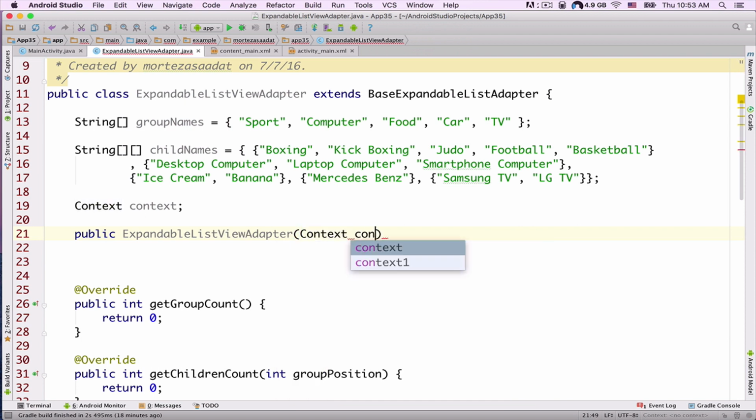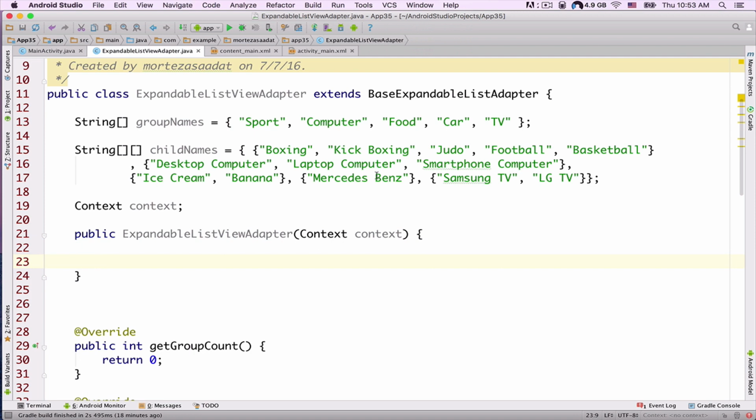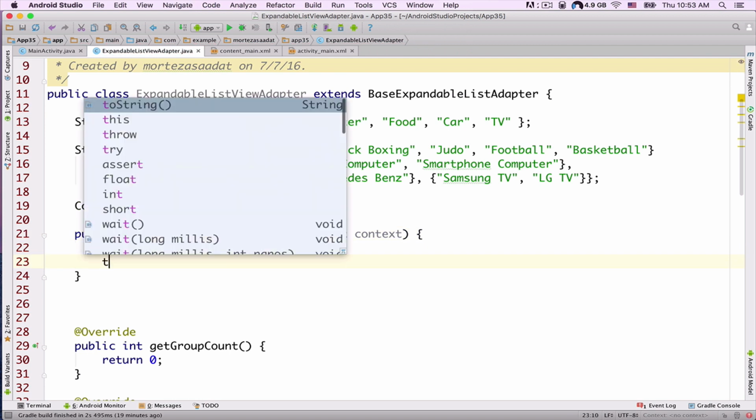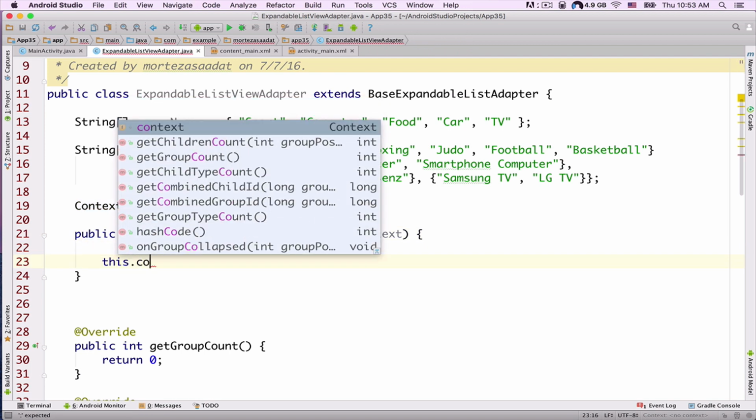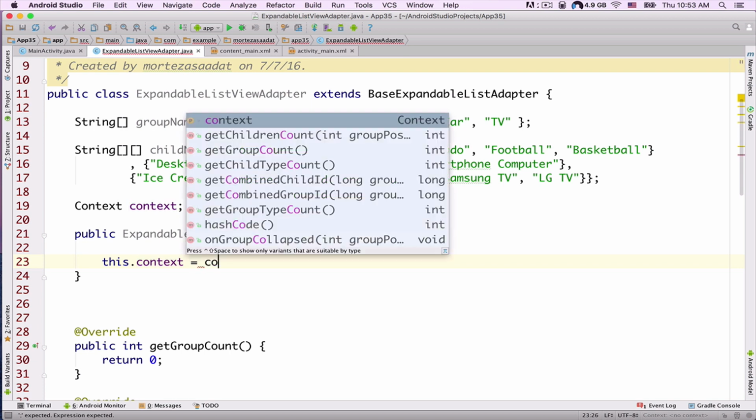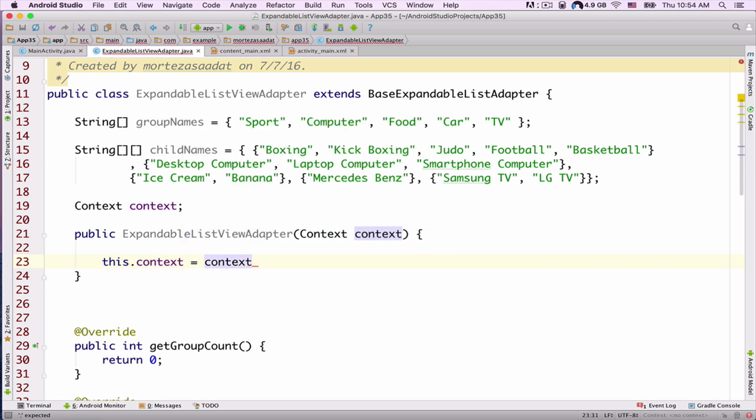Remember that context allows this activity to interact with other features of Android outside of this activity. We can use context in lots of places in our Android application programming, so this is very important. Context allows this class to interact with other features outside of this activity, so we need to initialize this context. So this.context assignment operator context,